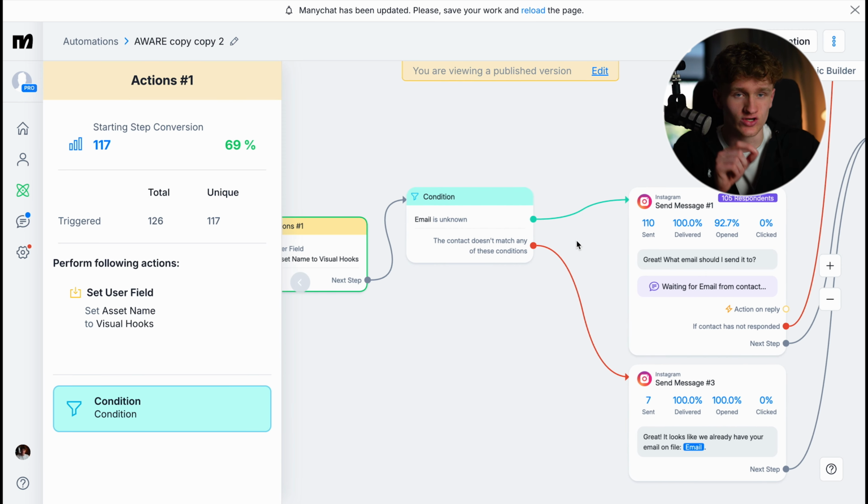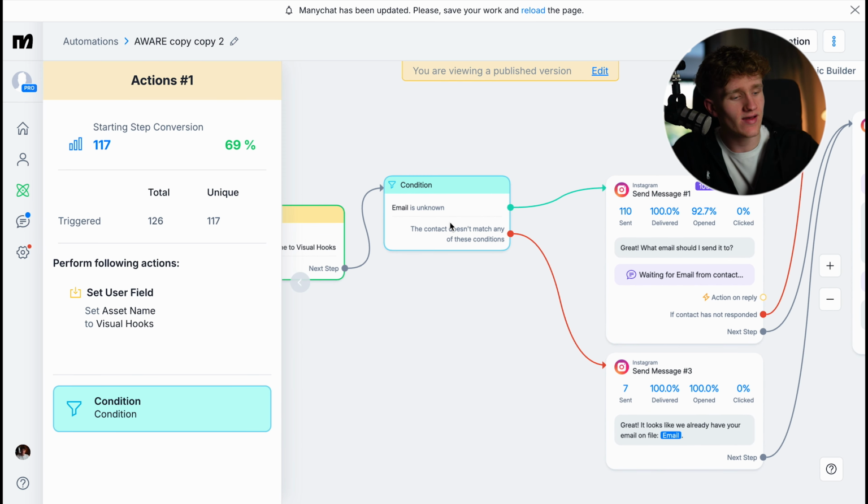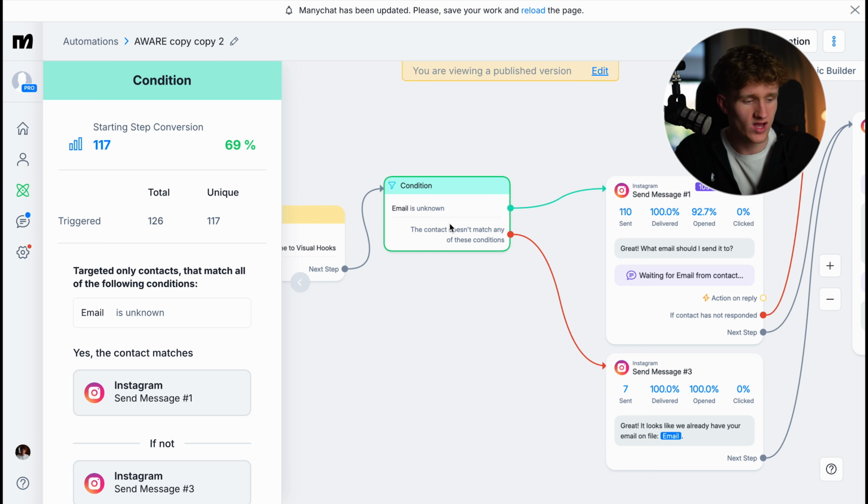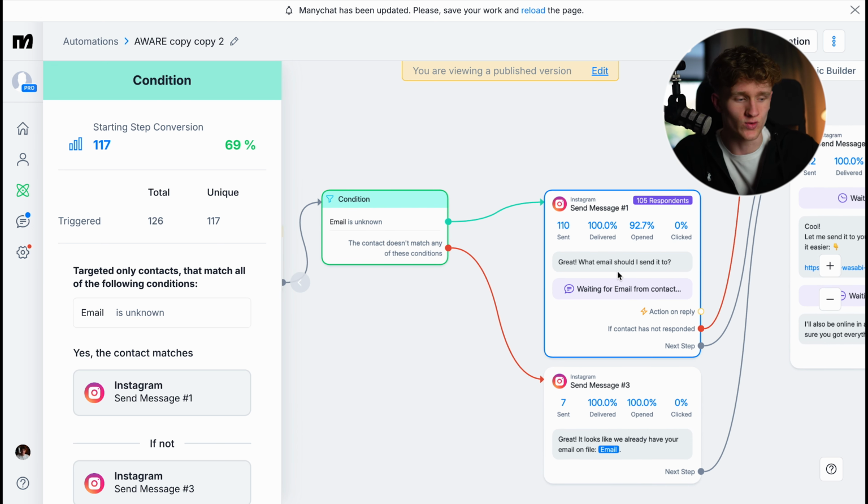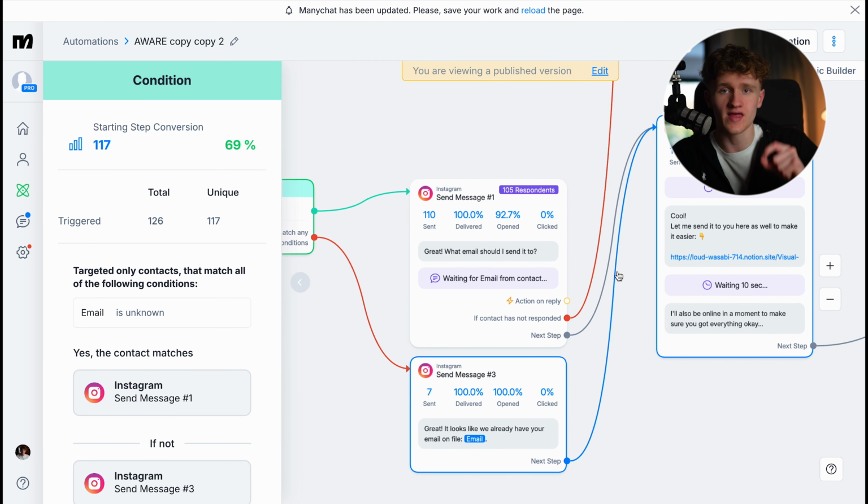Then I put a condition. This is the real key. This is email is unknown or email is known. When the email is unknown, what it will send to them is, great, what email should I send it to? And what it does here is it waits for them to put in their email. And if they don't put in their email, then it just won't send. But if they put in the wrong thing, then it will just tell them to put in their actual email. So basically everything is set up to just make them put in their email if they want the free lead